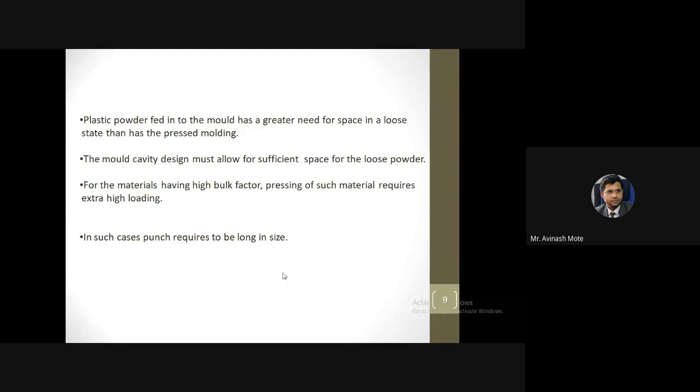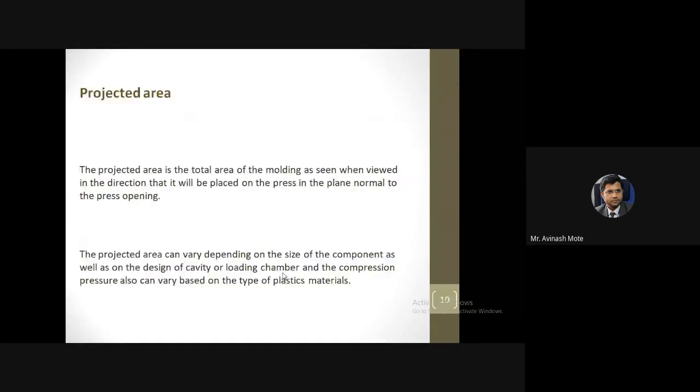Depending on that, we then go for the projected area. I told you the meaning of the projected area. It is the effective area over which we are going to apply the pressure. Getting it? Effective area means what? There are going to be some cavities, some openings in the product, and there we are not going to apply the pressure. Where solid material is accumulated, there only we are going to apply the pressure.